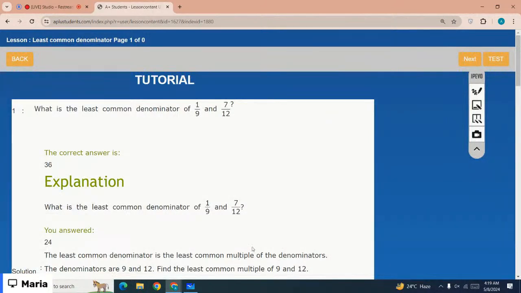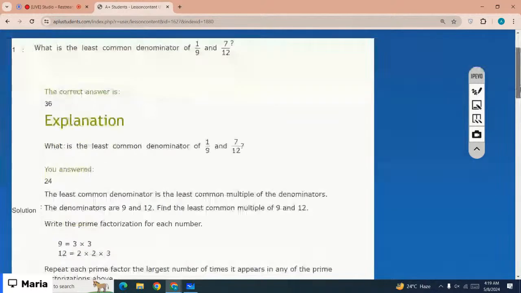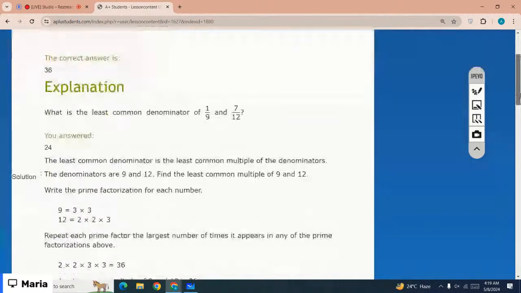You have to write down the prime factors of 9 and 12. So the prime factors of 9 are 3 times 3, and the prime factors of 12 are 2 times 2 times 3, right? Now you have to find out the common factors and the non-common factors, right? So the common factors are the ones that are,